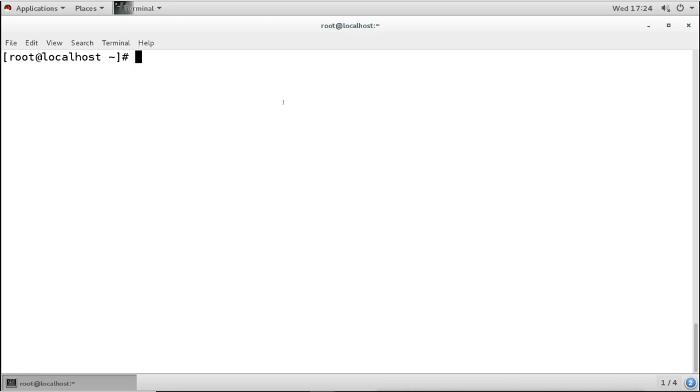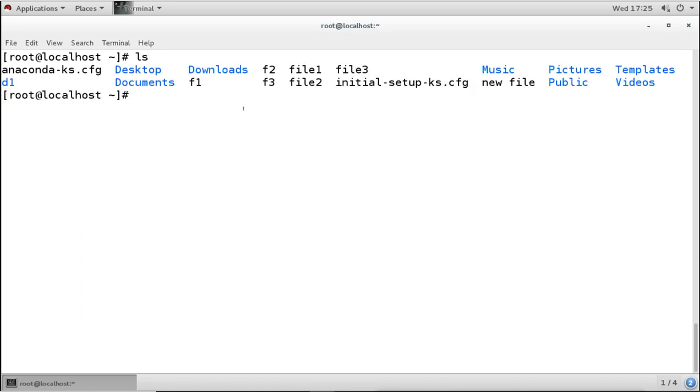Now the command format is also the same, just like the copy command. We have to mention the source and the destination. First we mention the source and the file name, and then the destination. So the command is move, mv. This is the command for moving files.